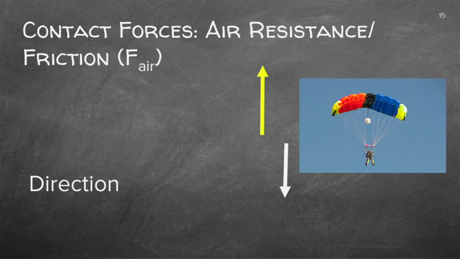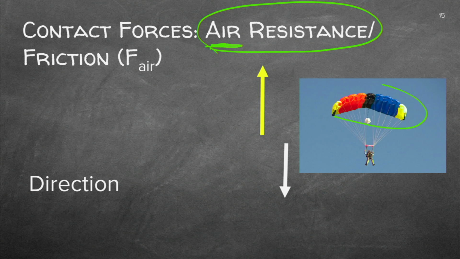Finally, we have resistance. Other than friction, remember friction was the surface, we can also find air resistance. Now, for instance, this parachute guy is falling down, but this parachute is a huge surface, and you'll find the molecules of the atmosphere will actually resist that fall.